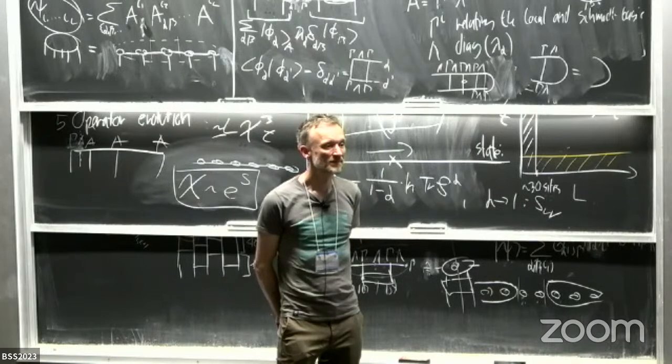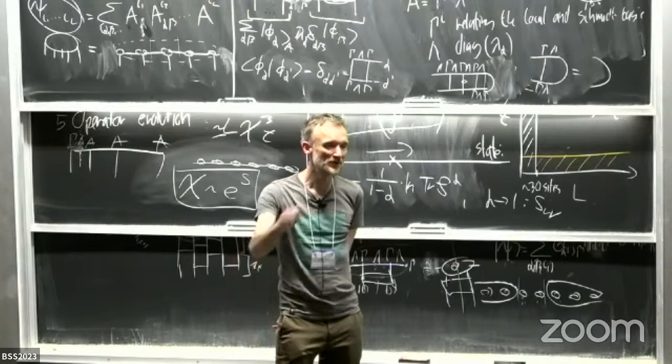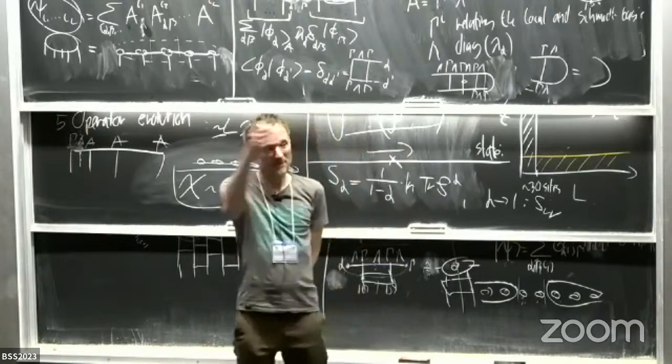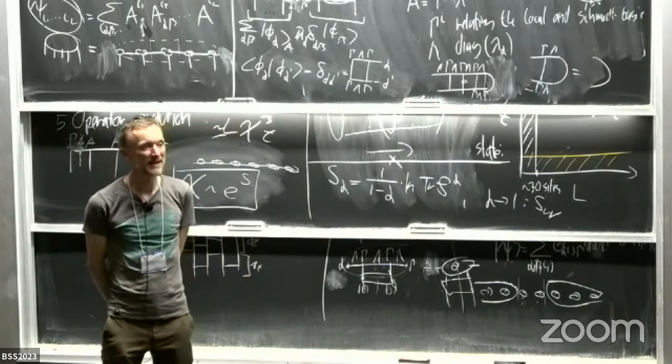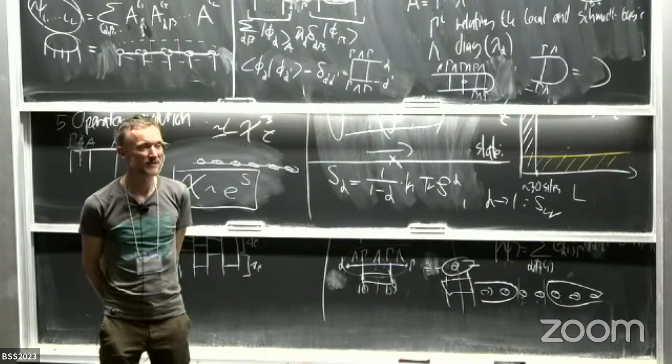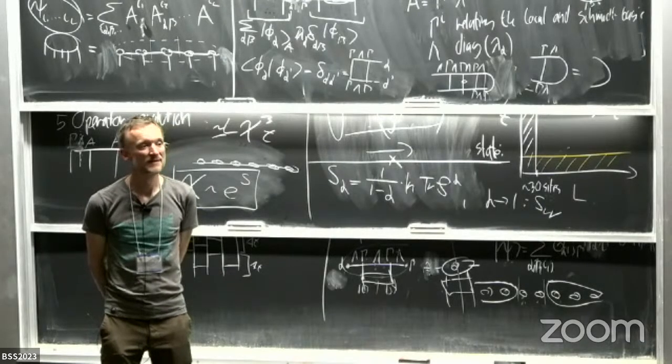Area law, but no, the other way around. I mean, for alpha larger than 1. So there are some bounds, like the smaller alphas bound the larger ones. But I don't know any example where alpha equals 1 gives an area law and alpha smaller than 1 gives a volume law. Maybe someone does. I don't.